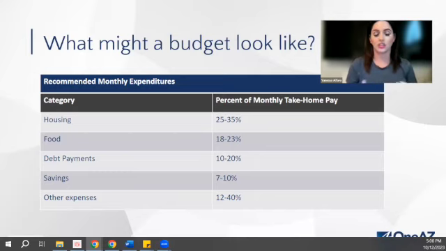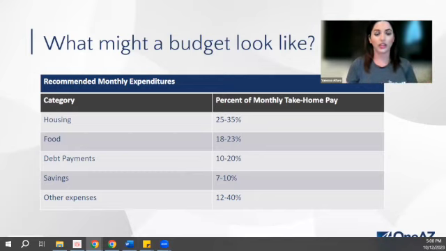Food should be 18 to 23% of your take-home pay. Those debt payments, 10 to 20%. Your savings should be 7 to 10%. And all other expenses, 20 to 40% of that take-home pay. That's that breakdown. Now, that savings wasn't really touched on early on in our budget conversation, but I am going to say